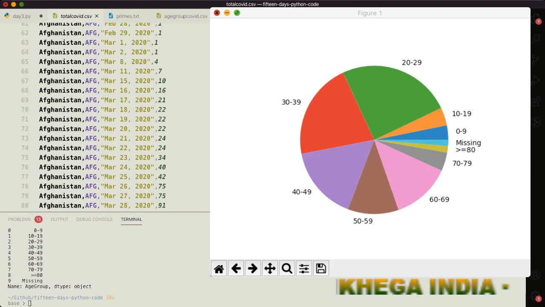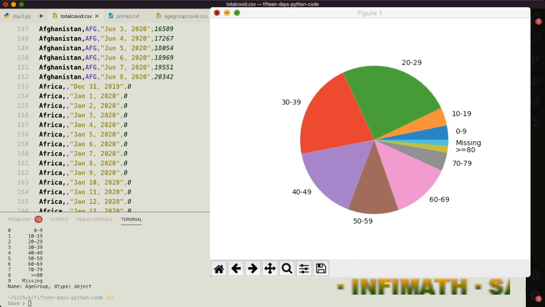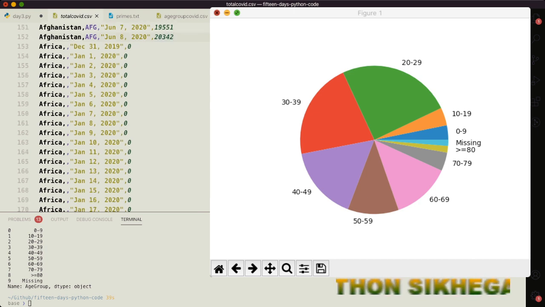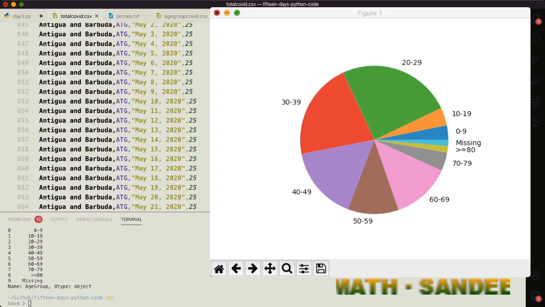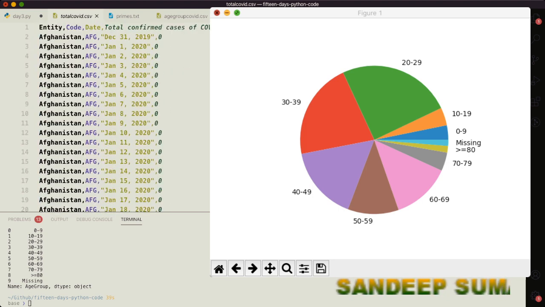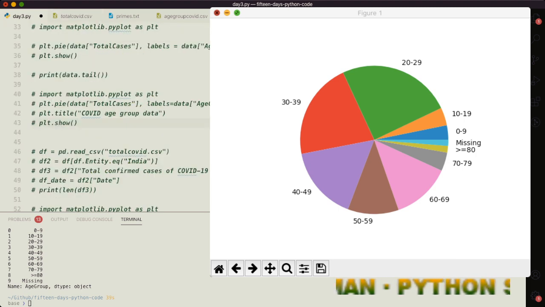You can see that the data is increasing very fast, 715, and the data is till 8th June. I downloaded this file on 8th June, so the data is till 8th or some 10th June. So the data is of each country till 8th June. You can see that Africa has data; the whole continent has it. It's the same way. Similarly, you can find India somewhere in between. So this is a very large data with many rows. So we try to work with this data.